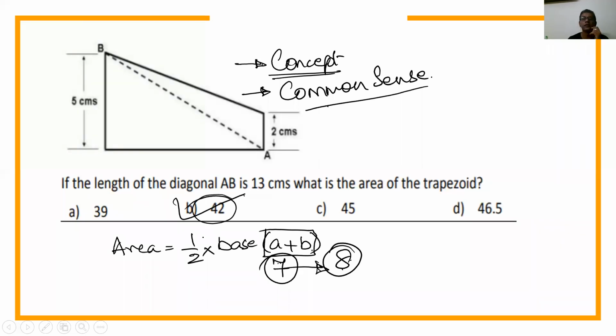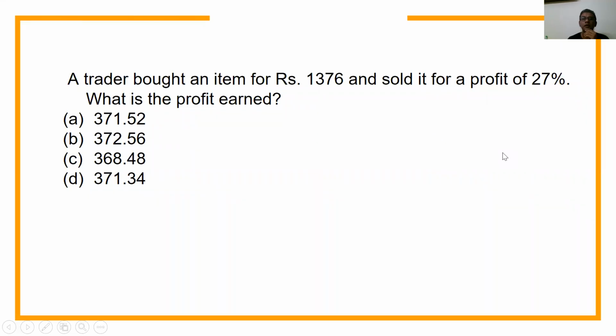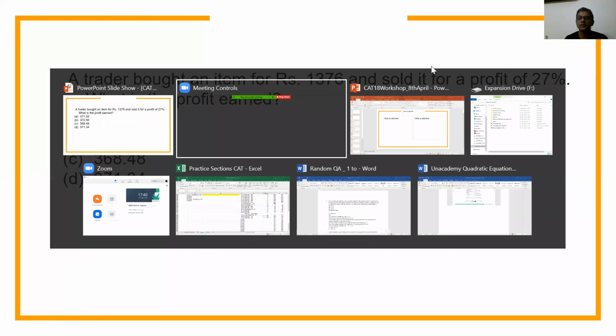Right? Okay. There's another question that I picked out from one of the sample questions. Can you write in the chat box your answer option? Don't write the answer, write the option, and do not use calculators. Okay, I'm waiting for your answer. By now, the answers should have come.